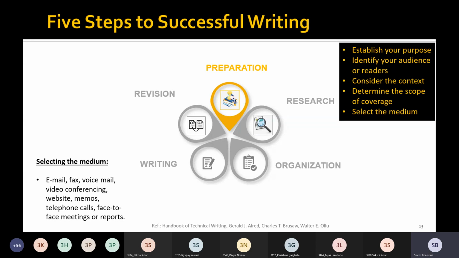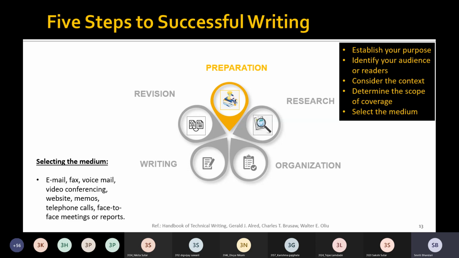However, if you need to have precise wording or if you need to provide a record of some complex task, then preferably you need to communicate in writing. So maybe you need to select the technical report as the medium for communication, right?